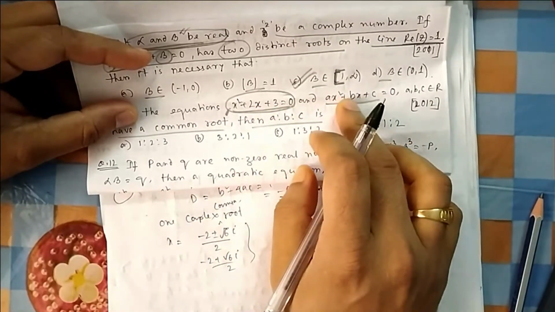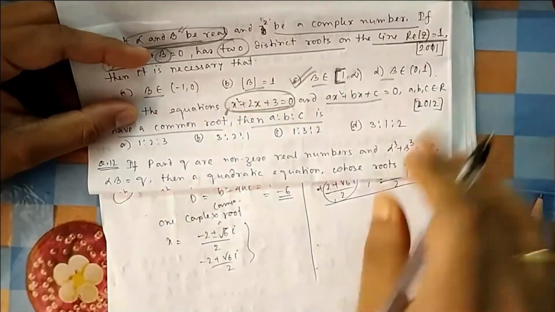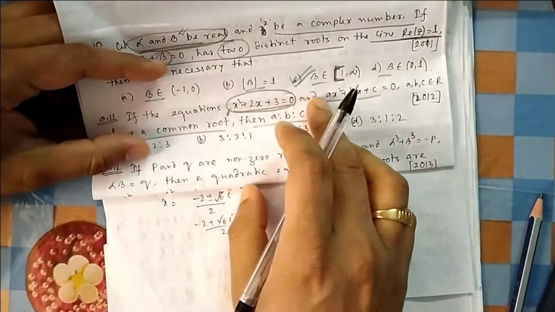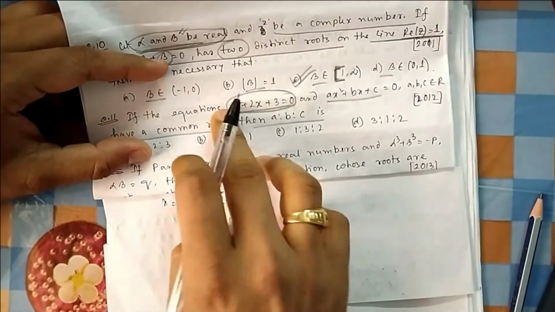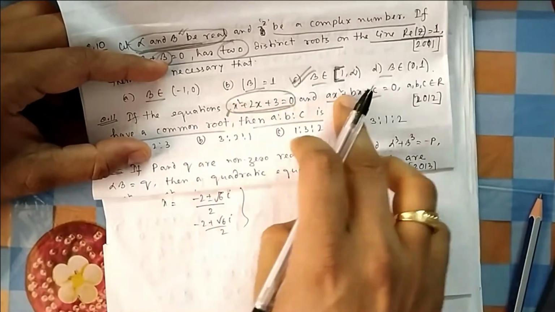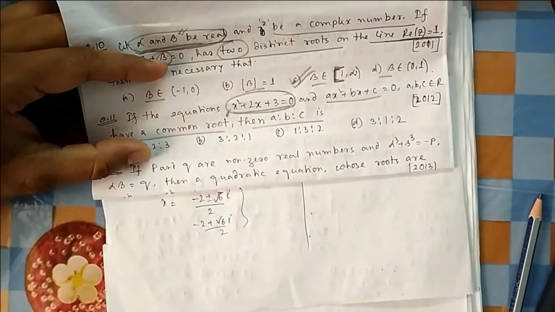So how are the same equations formed? By multiplying this one by 2, 3, 4, anything. One example I have shown you in the theory. That means the ratios are the same. Whatever you multiply, it becomes 1. The same thing, you multiply it by 2, it should become 4. Multiply with 3, it should become c.